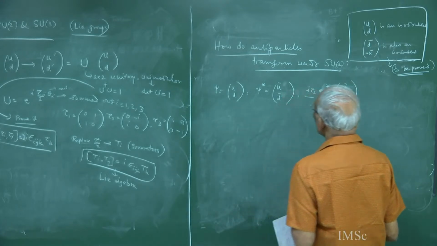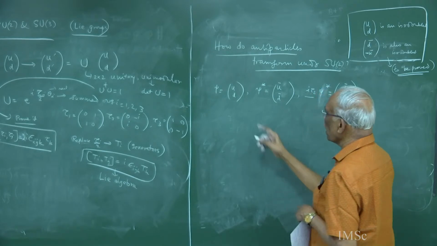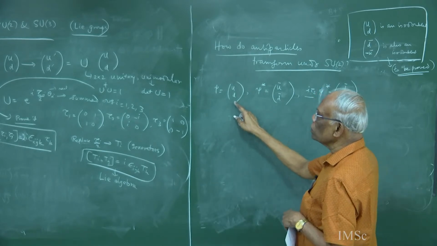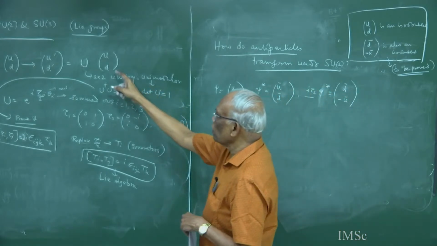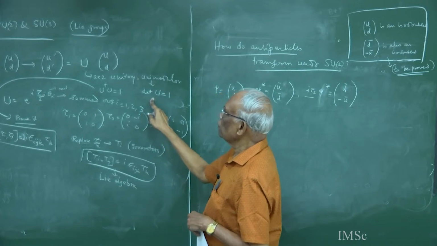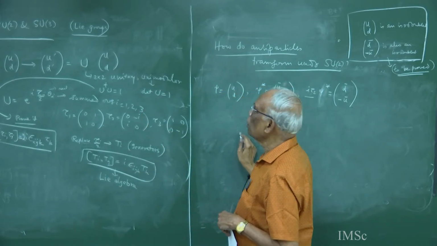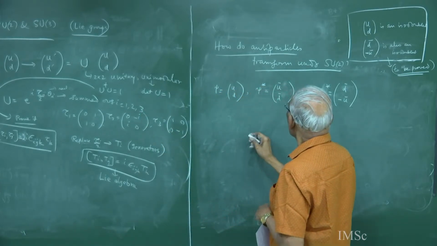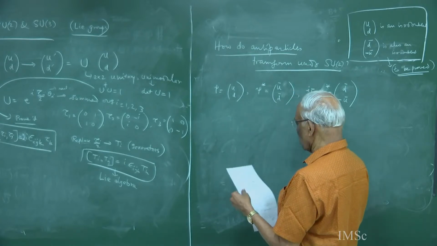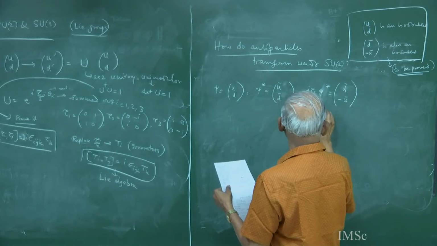Now what do we have to prove? We have to prove that if psi transforms as a doublet under isospin, which is the definition of a doublet, that is, if it transforms by a unitary unimodular matrix, then it is called an isodoublet. Psi star itself will not do it, but i tau 2 psi star does it. That is what we have to prove. So for that purpose,